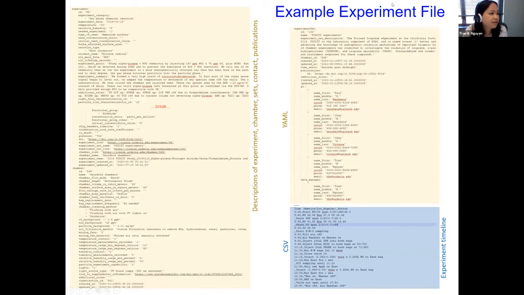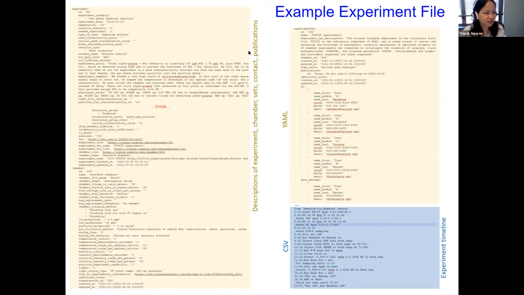The experiment file, here we actually copy all the intake values, experiment ID categories, etc. So the chamber information, and all this yellow is YAML. And by the way, it's longer than that. I broke it up. The main goal is not for you to do this manually, of course.